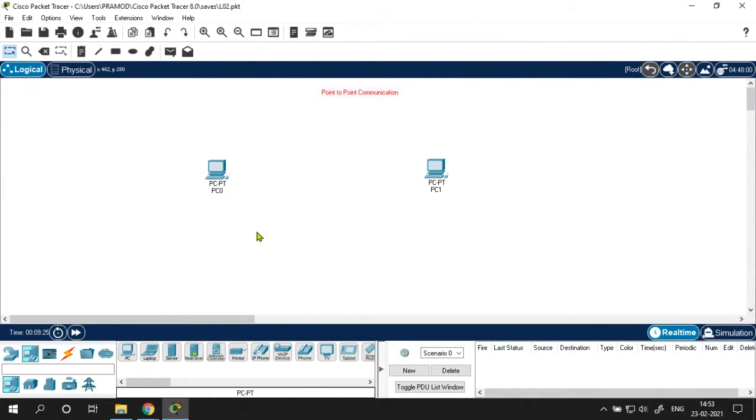So what is next? Let's hook up these two PCs. Class, can you let me know which cable is required to connect two PCs? I want to connect two PCs. Which cable do I use to hook up these two PCs? Now come to the connectors. In connectors, I have various options of cable.